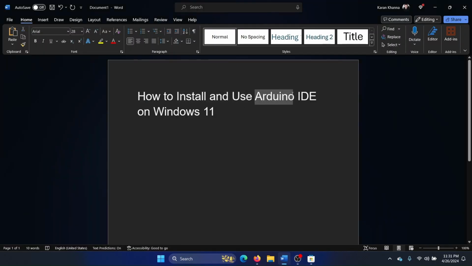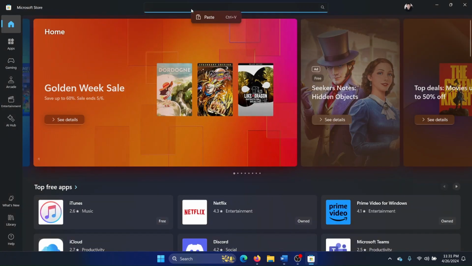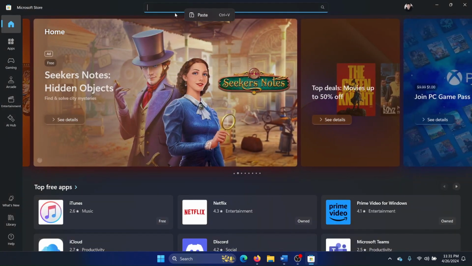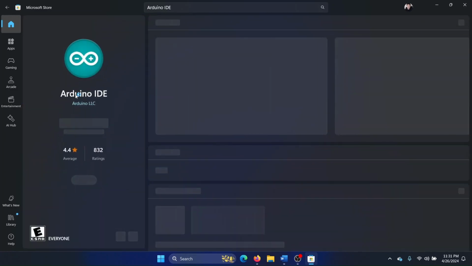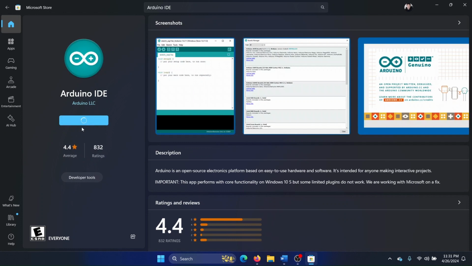Now you'll have to search for this word in the search bar on Microsoft Store, and I assure you that this is available here. Okay, so click on Arduino IDE and click on Get, and it will start installing the software on your system, though it will need a while for that, and it's quite a well-rated software on the